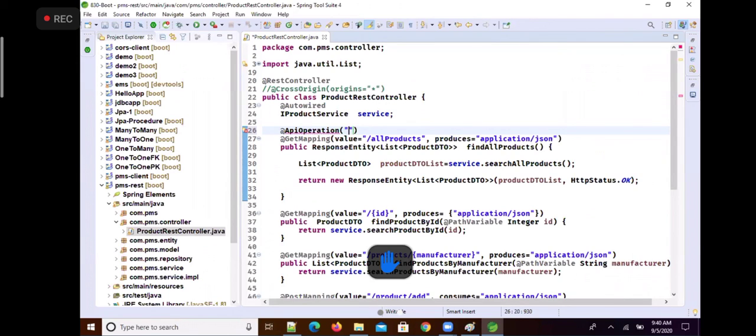Say for example, I'm writing like this now: @ApiOperation, fetches the details of all products from database.